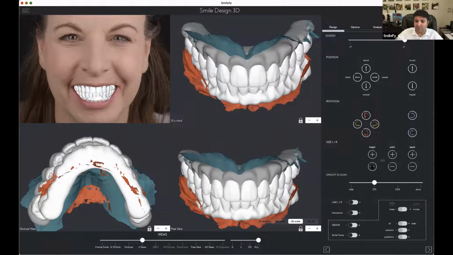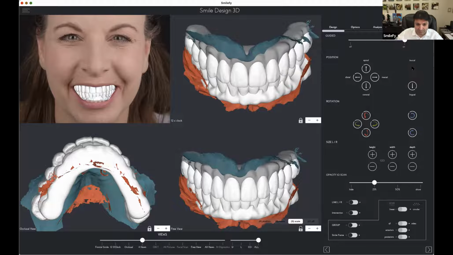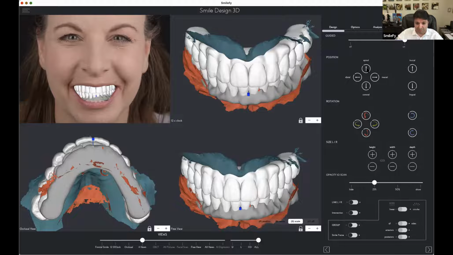That's only a prototype. So first of all, I need to reduce, I think here, the depth like this and the width more like this, a little bit of rotation. Let me see, and more lingual, more coronal. Here we go. We do have for the uppers, right? We do have the gingiva prosthesis. We can do the same with the lowers,